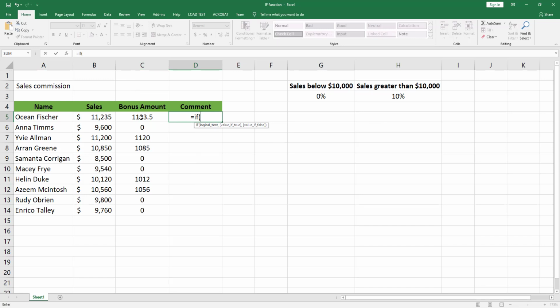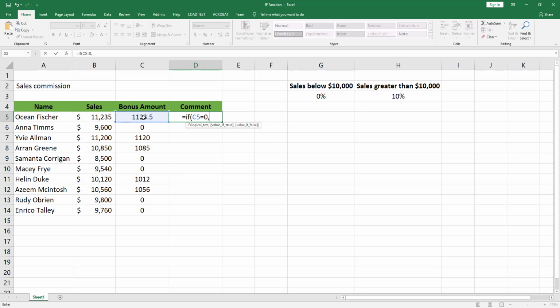If the bonus amount is equal to 0, we will say hard luck, for example. And if the bonus amount is not equal to 0, that means the salesperson did receive a bonus, so we will say good job. So the logical test: if C5 equal to 0, so no bonus,